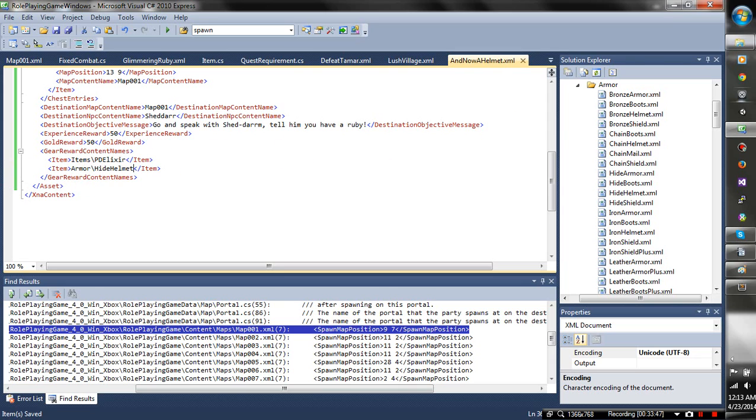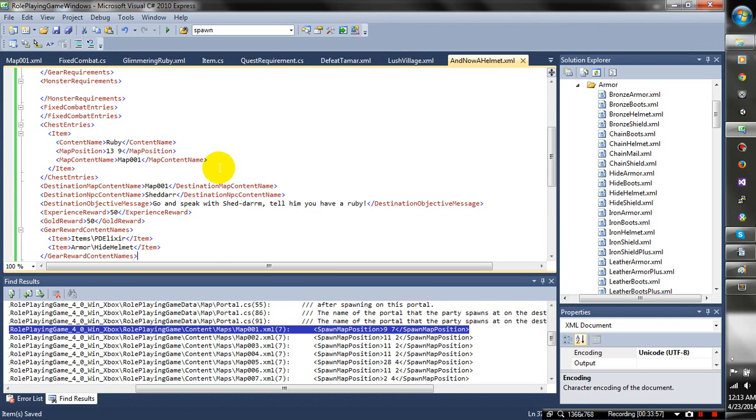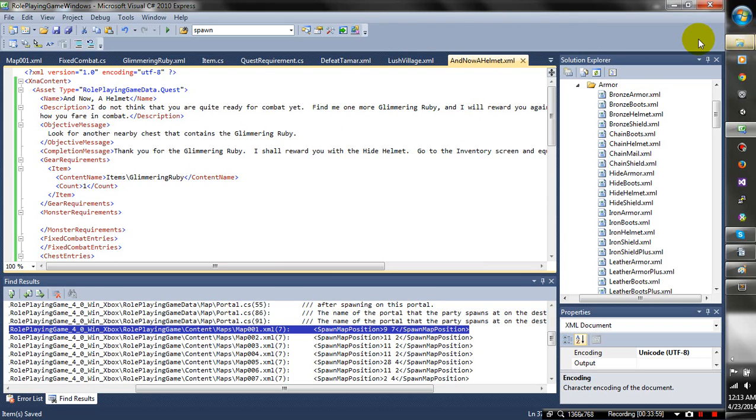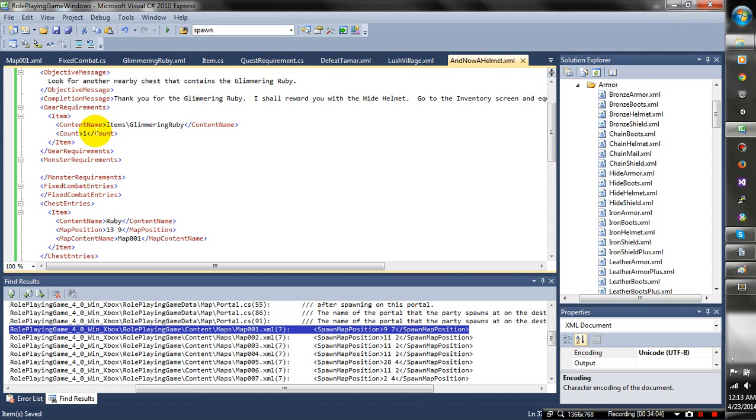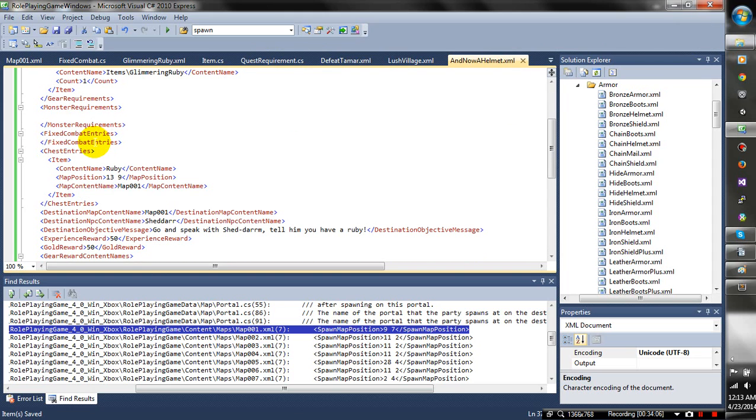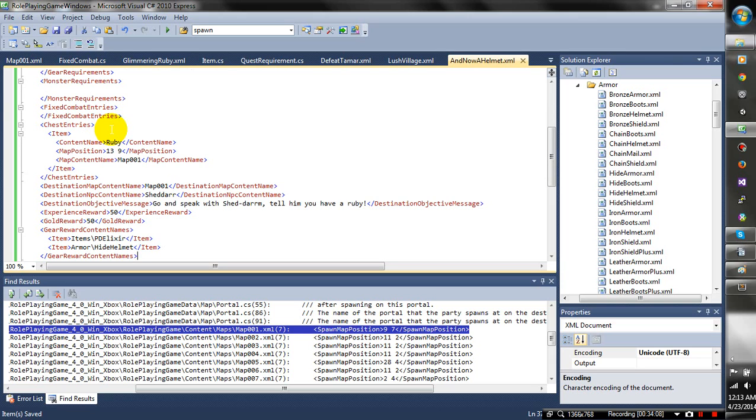Okay, and so that is basically, we're getting pretty close now. So let's just take a look at this entire XML file, make sure we're all correct here. We've got everything met. We've got our description, our objective message, completion message, gear requirements, monster requirements. We don't have any fixed combat requirements. We have chest entries of things that you had to get, or things that are added in the world, and the ruby is added in the world, and then we have to go and talk to Shedar